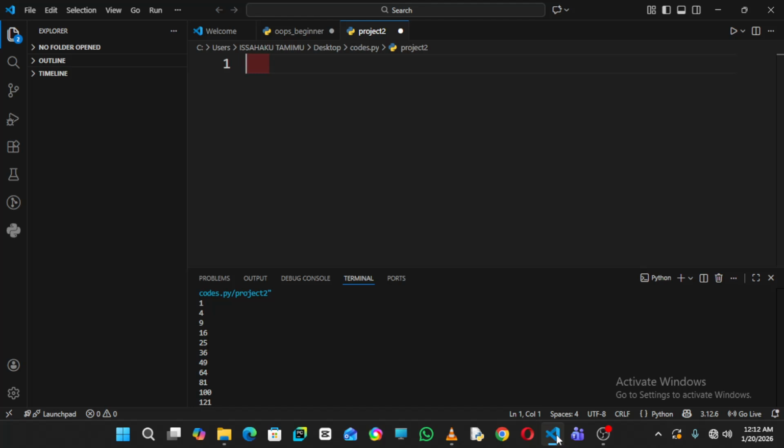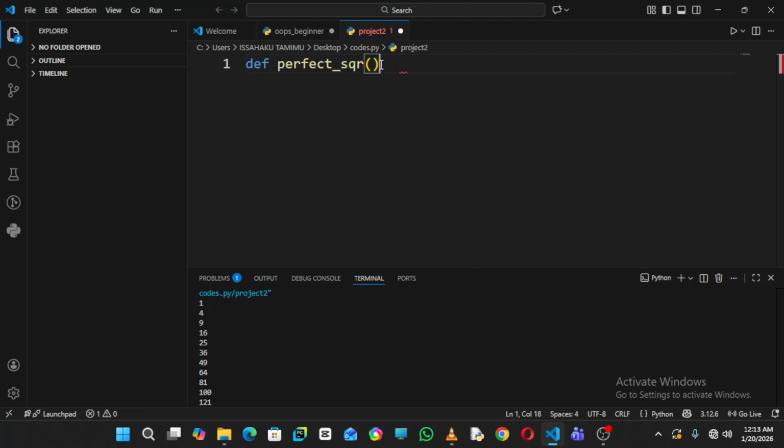So first of all, we have to define our function. In defining our function, we use def, that's the usual way we all know in Python. The function name that we use is perfect SQL, which is the same as square. We bring our bracket, then our semicolon outside, rather. The semicolon is supposed to be outside.